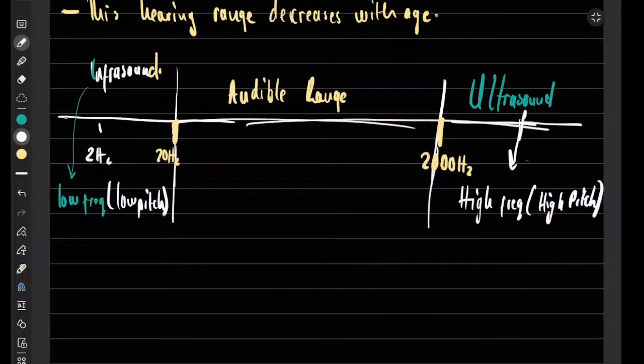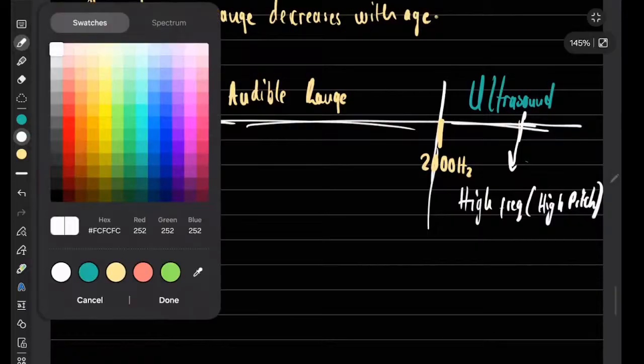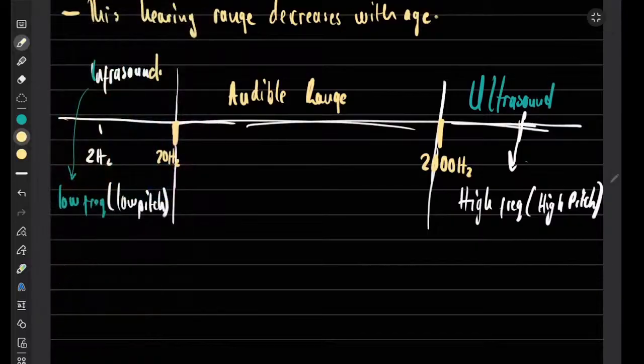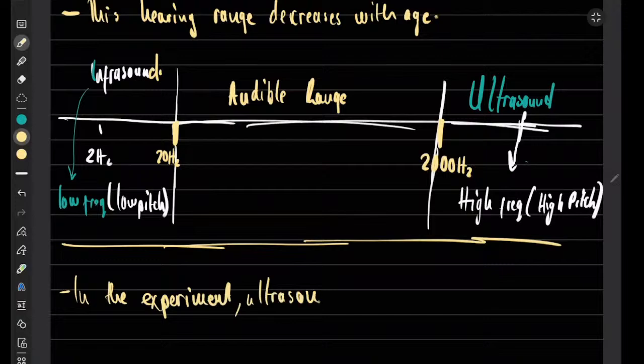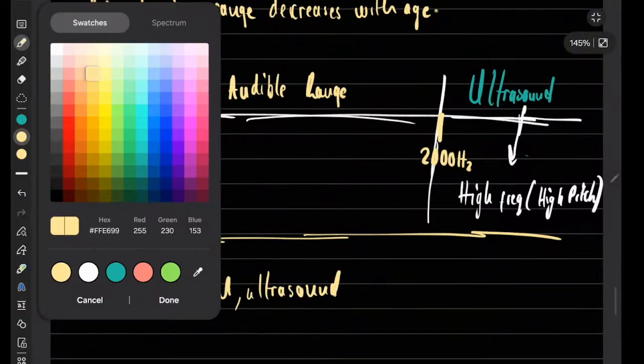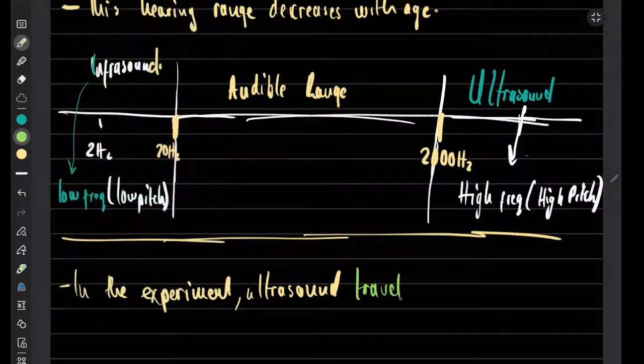So, ultrasound has high frequency, so it is going to detect small things. Are we together? Now let me write the main applications, the core idea here, the core equation. So, in the experiment, ultrasound, Simon, are we together? Well done. Ultrasound travels